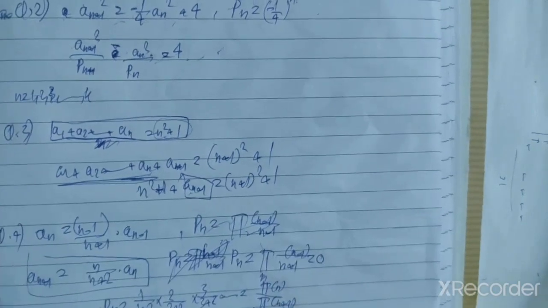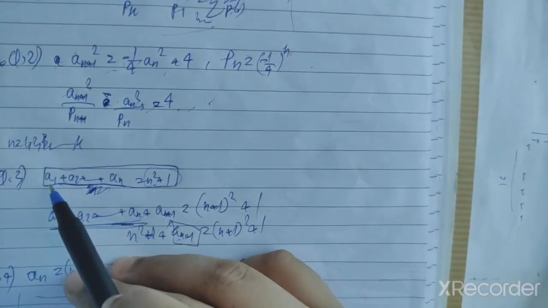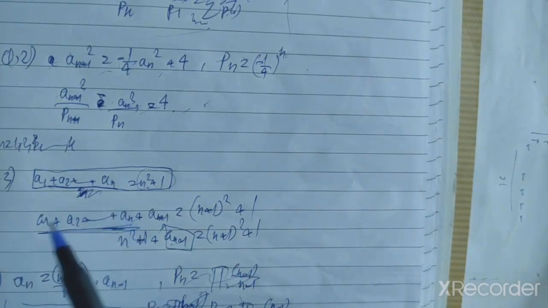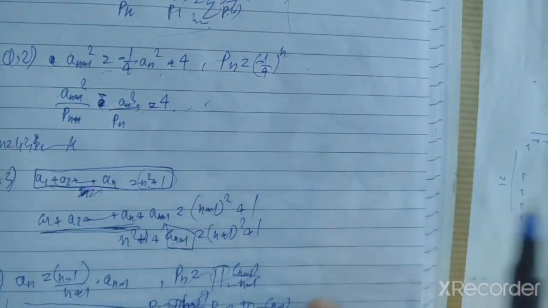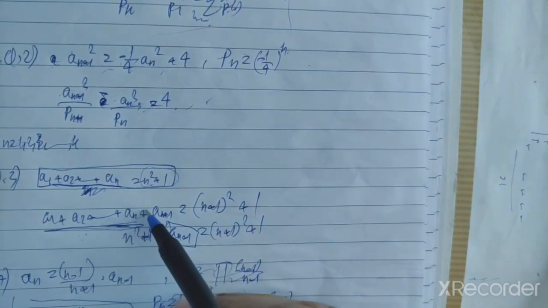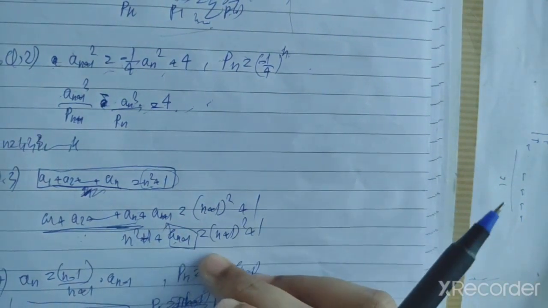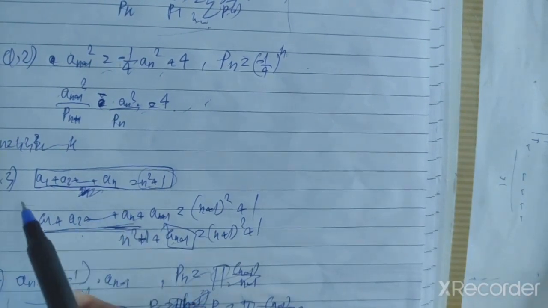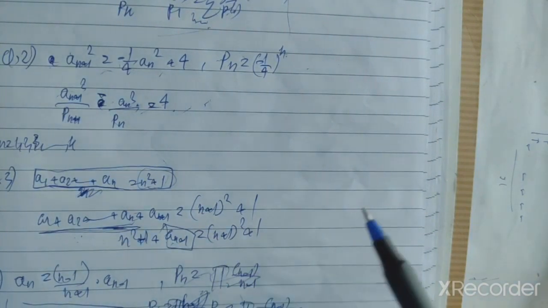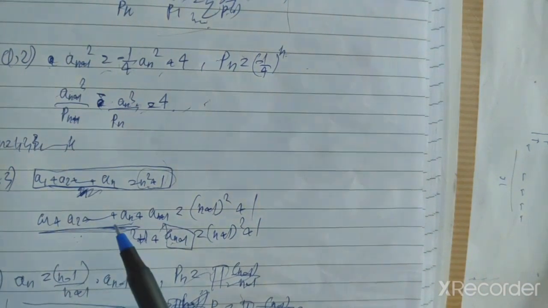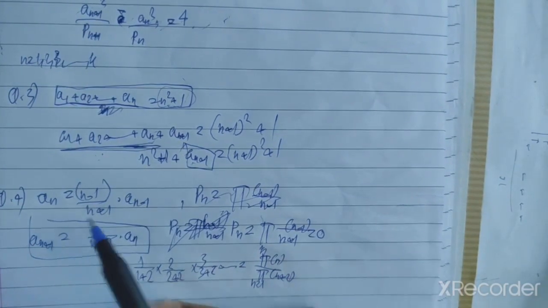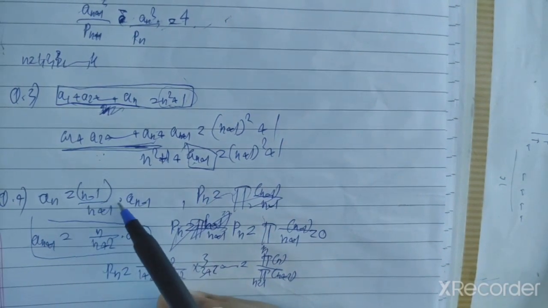Now if you see problem 3, it was given in the problem that the sum of the first n terms is equal to n squared plus 1. It is very easy, because if you substitute n with n plus 1, you will eventually get a_1 plus a_2 till a_n plus a_(n+1) is equal to (n+1) squared plus 1, and you already know the value of this, that is n squared plus 1. Substitute this here, we will get the value of a_(n+1). From there we can get the value of the nth term. So it was a very easy problem. In the next problem, Q4, we have been given this relation between the nth term and the previous term, that is a_n is equal to some function times the previous term plus 0.